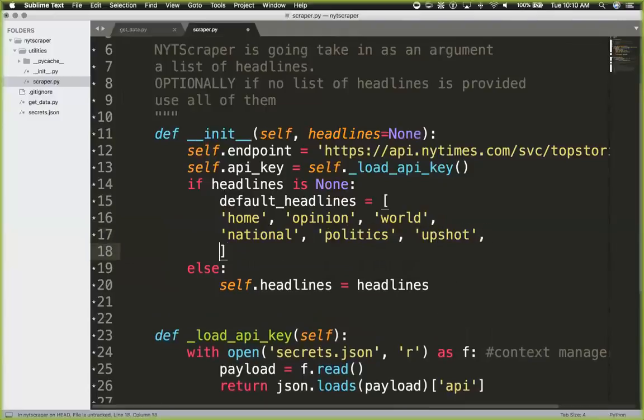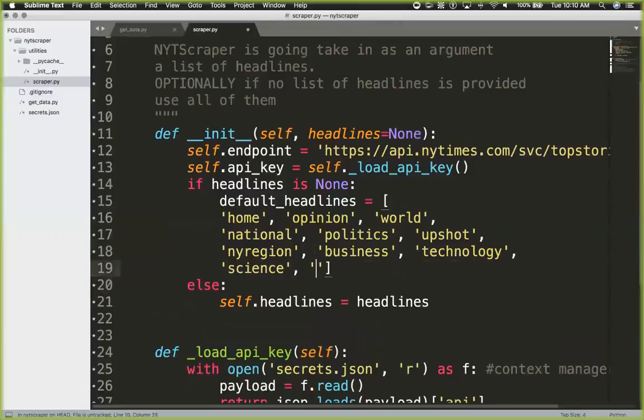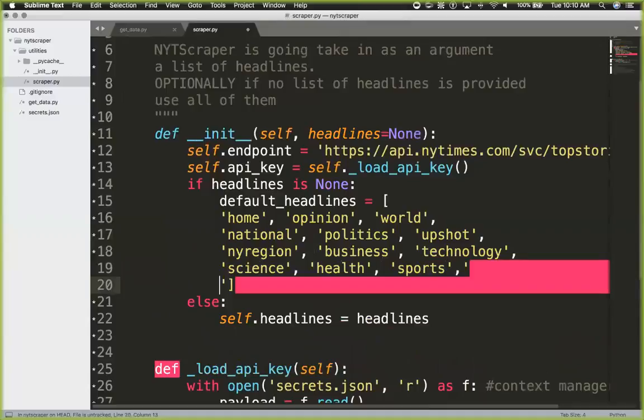These are all different article categories within the New York Times API. New York region, business, technology. I did mean to save this somewhere and I just didn't get the chance. Science,